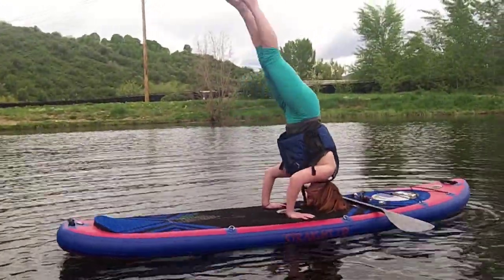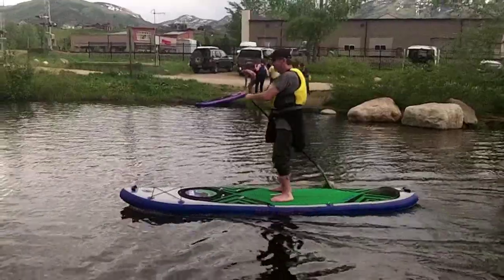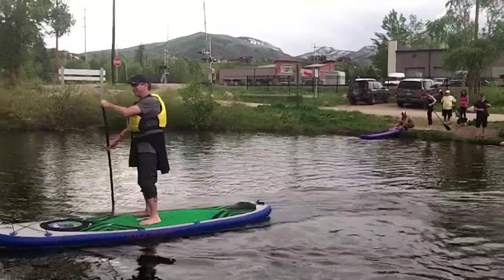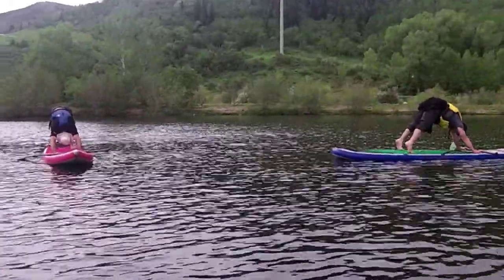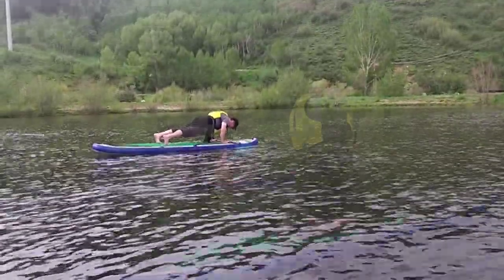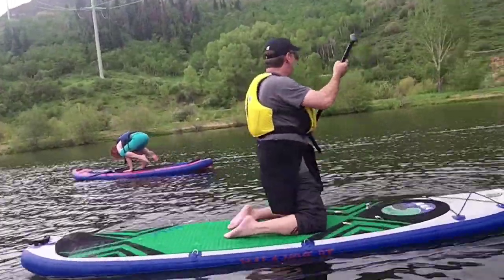Okay, so Nikki isn't exactly a yoga or paddleboard novice. How's it going, first timer? This is awesome. It only takes a few minutes and Daryl is paddling away. Looking good. Even the guys get their zen on while trying downward facing dog. Nice plank. There you go. As Nikki practices her crow pose,